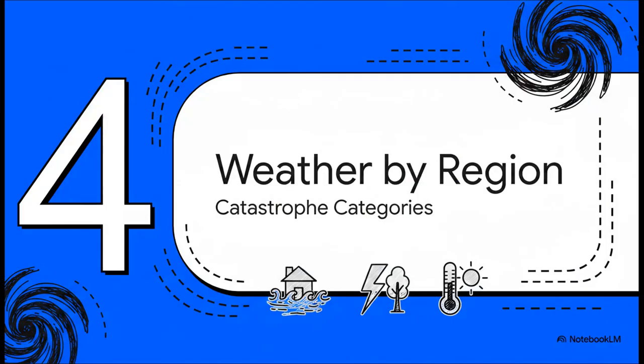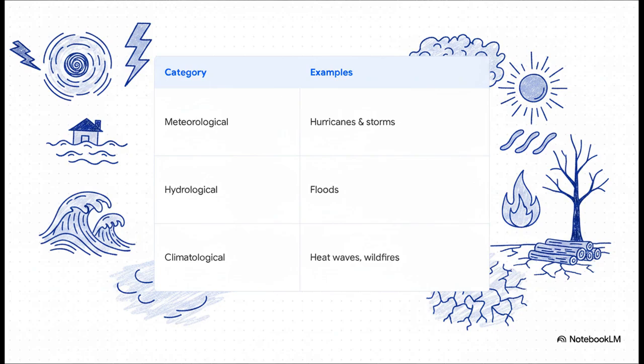Section 4. Weather events by region. So what exactly counts as a catastrophe? SASB breaks down weather-related natural disasters into 3 really distinct categories. First, meteorological events, and that's going to include things like hurricanes and storms. Second, hydrological events, which specifically covers floods. And third, climatological events, which broadens the whole scope to include heat waves, cold waves, droughts, and wildfires. When you're in there calculating that expected loss in LGD, these are the specific types of hazards you are modeling